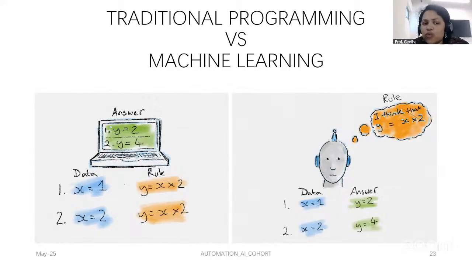codes. So generally what we did was, say for example, I'm coding using any programming language like C, Java, or Python, whatever the programming language might be. Okay. So I'm coding a very simple program to find the sum of two numbers. So in traditional programming, I will give the code. Okay. So here you can see,